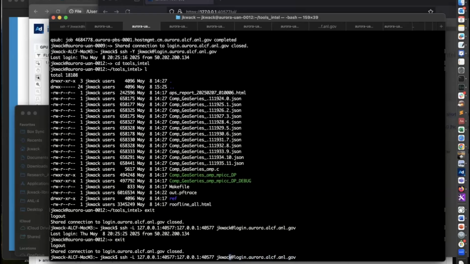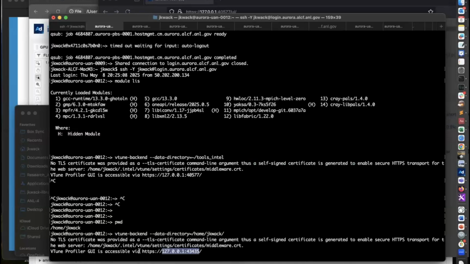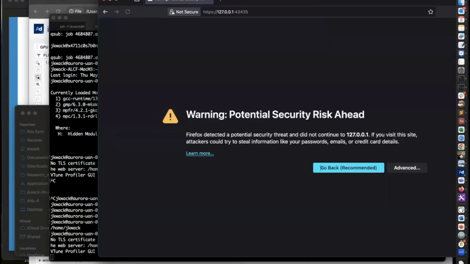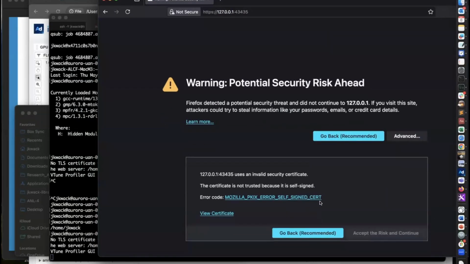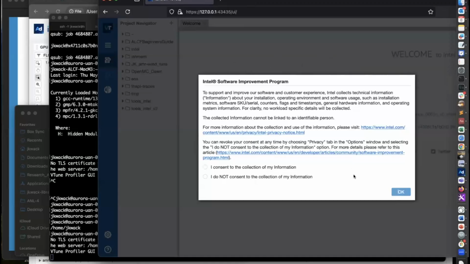Here, okay, once it's done, I copy this HTTP address here, paste it again. Advanced, and accept risk and continue. Okay, now